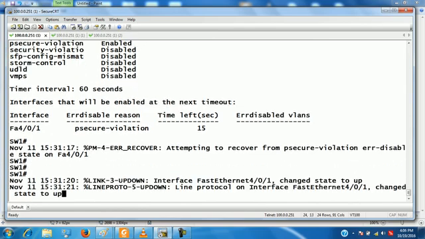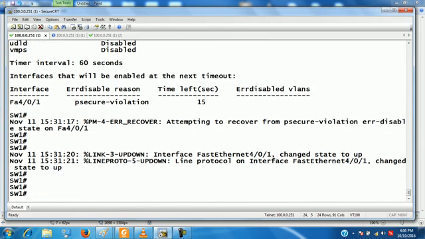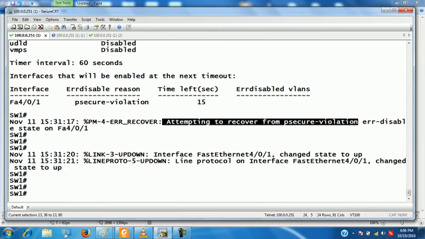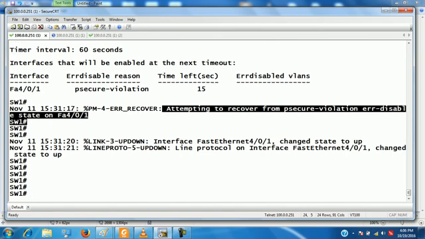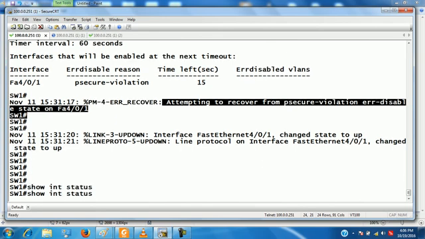Read the line: attempting to recover from psecure-violation error disable on port number 0/1. Now the port is up. Show interface status.